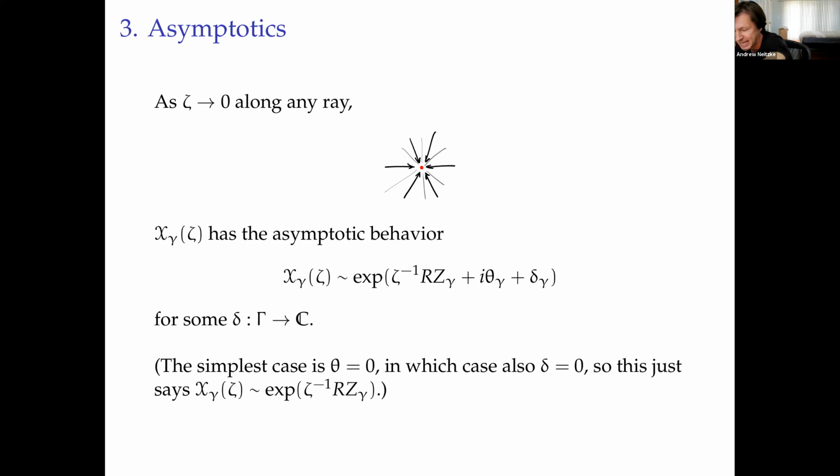So despite the fact that the function has these non-analytic jumps as you move from one ray to another, the statement is that those jumps are invisible in the zeta goes to zero asymptotics. The zeta goes to zero asymptotics is given by this simple analytic formula. And in fact, that's somehow the tension with this space. There's some tension between having a nice uniform asymptotic behavior and being actually analytic. You kind of have to choose one or the other. So here we're choosing to have the good asymptotics in every direction, and the price we pay is that the thing is not analytic.